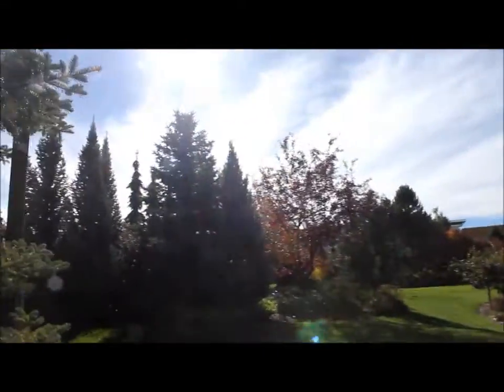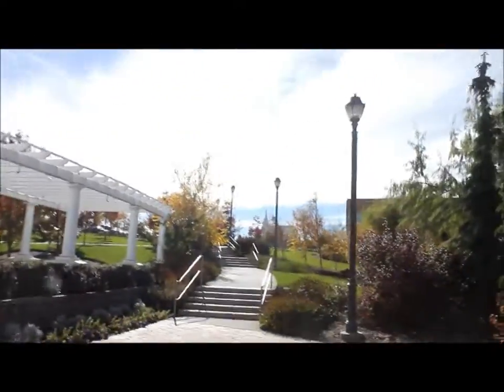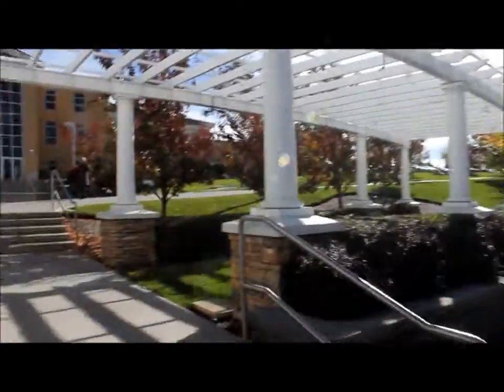So, yeah, you get the idea. But yeah, if you go up this path and up these stairs, then go up there to the temple and to the Ricks and the orchard. If you go this way, then